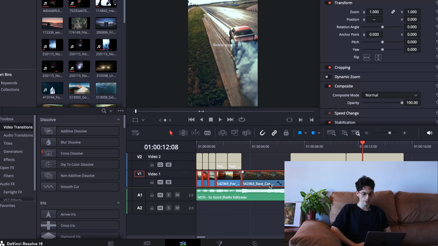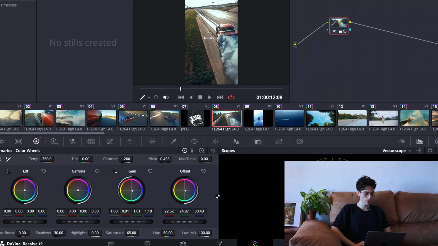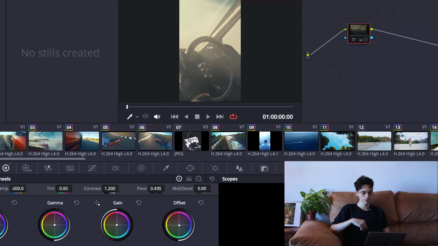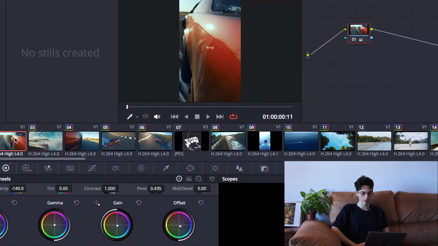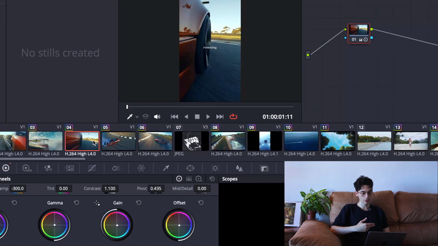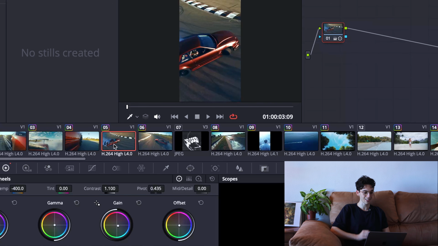Also, an important thing we did was some color grading. So I'm gonna actually show you what we did. If we go to the color tab, and then we choose, for example, the first video. This is the before, this is the after, before, after, before, after, before, after, which in this case is a huge difference, and specifically in this clip, before, after.